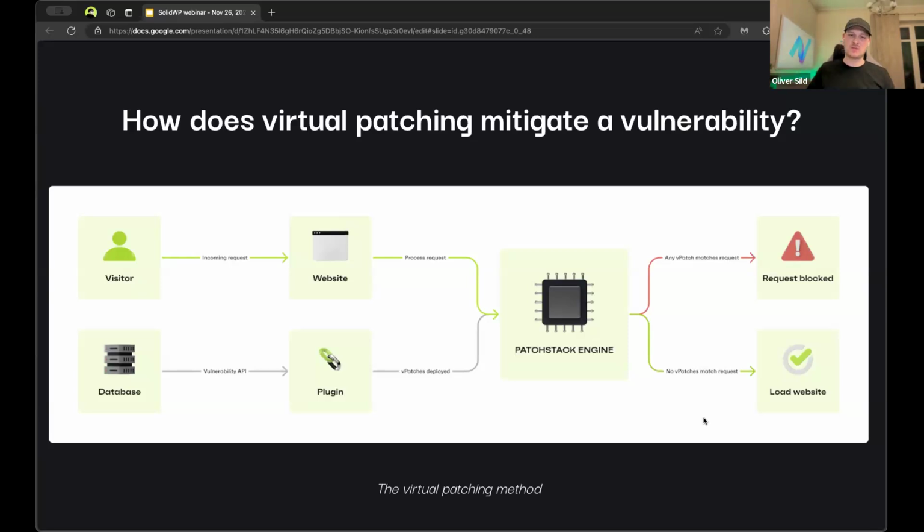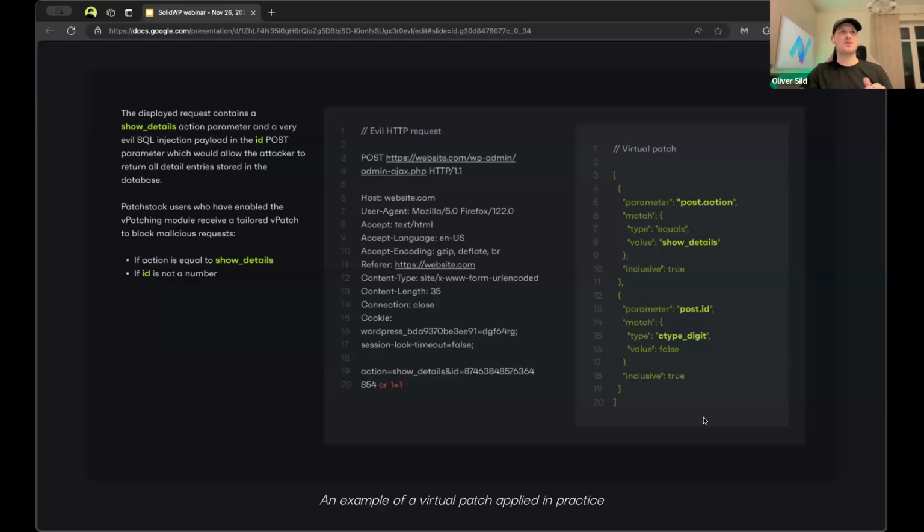So we know that this vulnerability is actively exploited, but they were not able to actually complete the exploit. When I'm talking about this whitelist-based approach, a good example is a SQL injection vulnerability, which is a very common security vulnerability where you inject data into a database, or pull database information outside based on some queries. With the vPatch, for example, there is a SQL injection vulnerability in the show details parameter, and you can inject the SQL injection payload into the ID